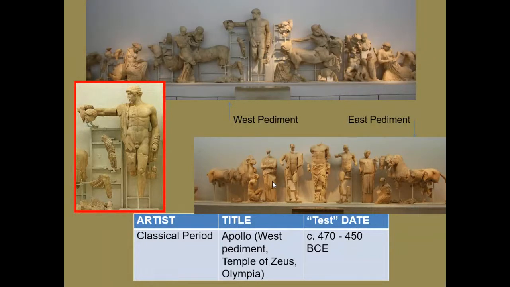Some classical pediment sculpture to know here. This is the West pediment. I want to specifically recognize the figure of Apollo from the West pediment of the Temple of Zeus at Olympia. And again, as I said in the previous lecture, when you look at what is displayed in a museum, you see only the remnants as opposed to an attempt to fill in the missing pieces. They're trying to showcase only what is original to the monument. And there are scaffold and framing devices in order to position the pieces of the sculpture in their correct position within the overall triangular